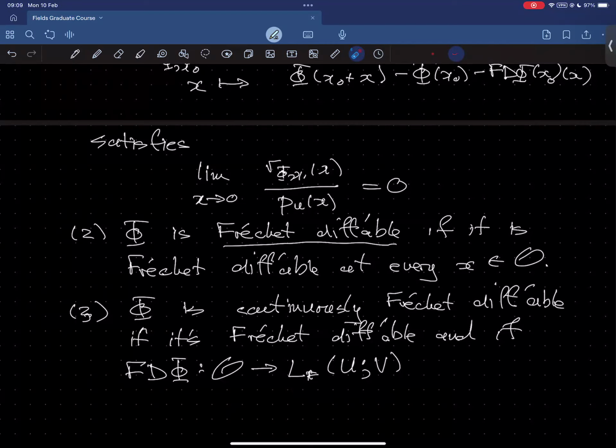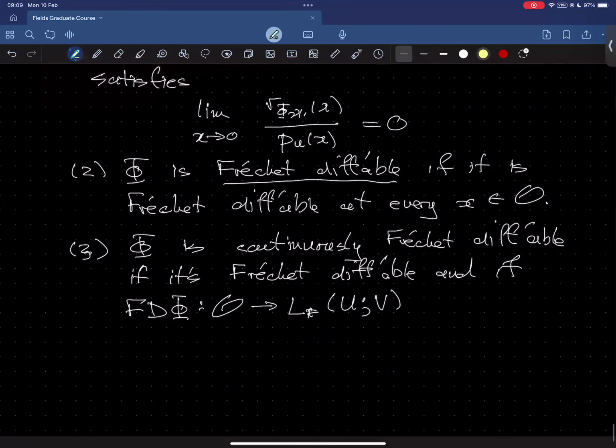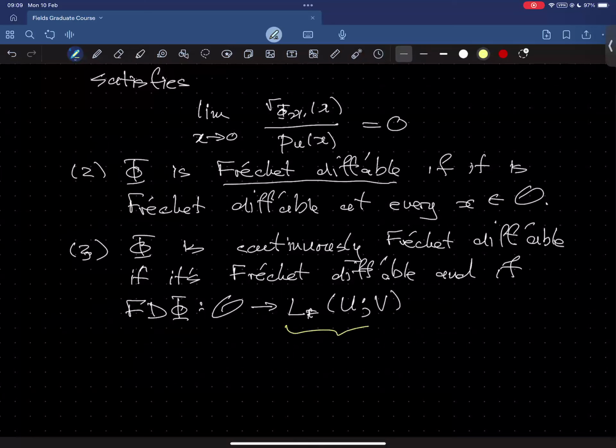Okay, but because the space is normed, it does have a natural topology, and that topology,